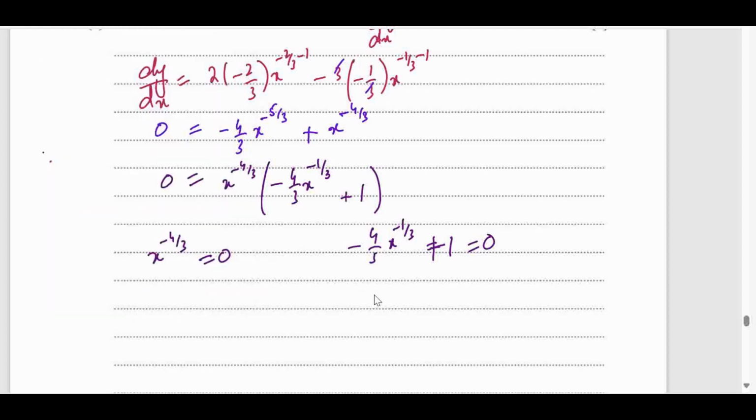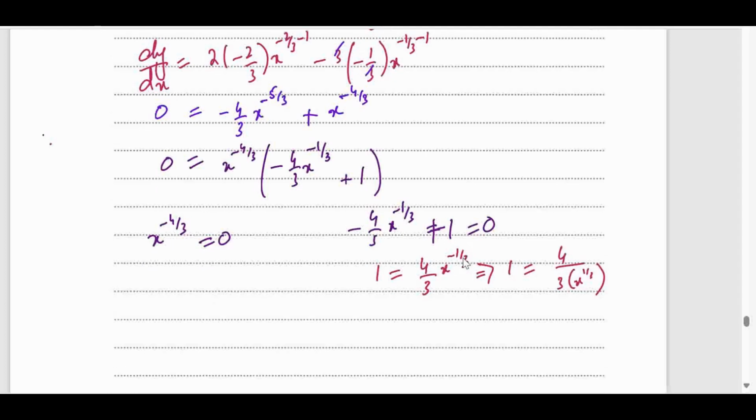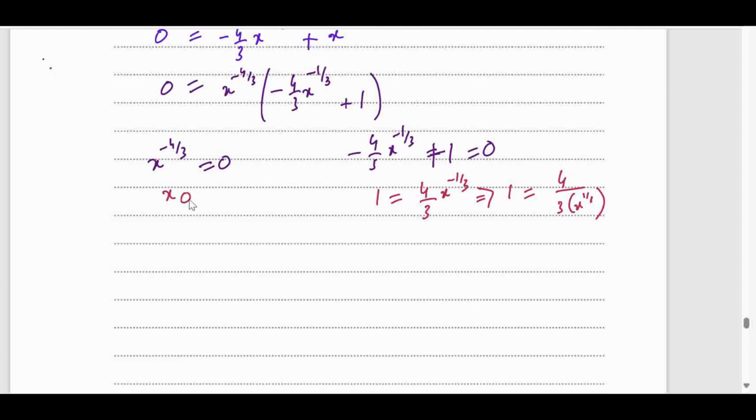Now if we rearrange it, 1 is equal to 4 by 3 x power minus 1 by 3, and from here we will get 1 is equal to 4 by 3 x power 1 by 3. Now if we cross multiply it, from here x will be equal to 0, and here 3 x power 1 by 3 is equal to 4, which means x power 1 by 3 is equal to 4 by 3, and finally x will be equal to,